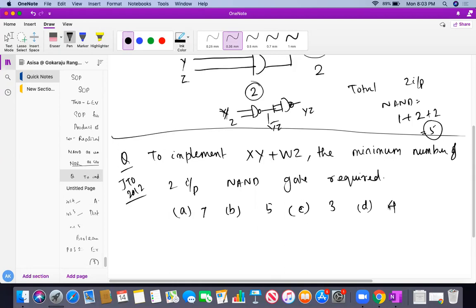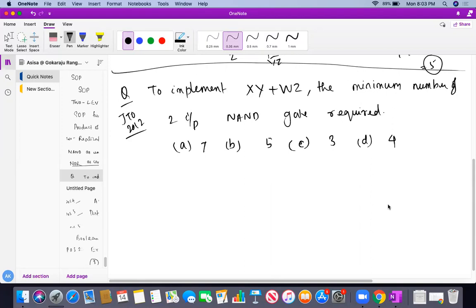You have to understand how many gates are mainly required, then you can express it. If this type of question comes, first of all, try to make it with the help of 2 inputs always. So can I design it this way, student? Very simple. So this will be my XY.